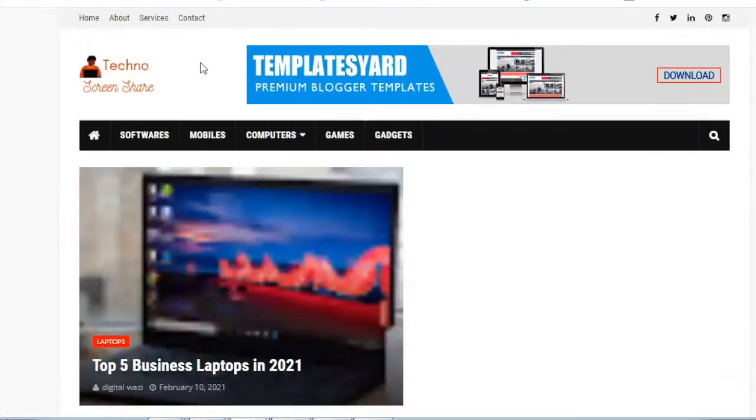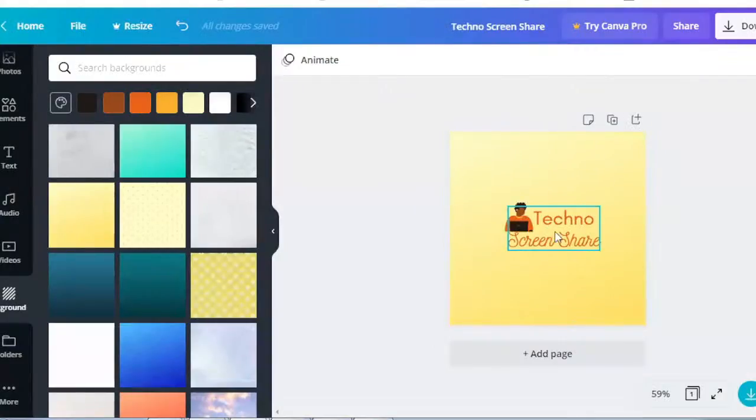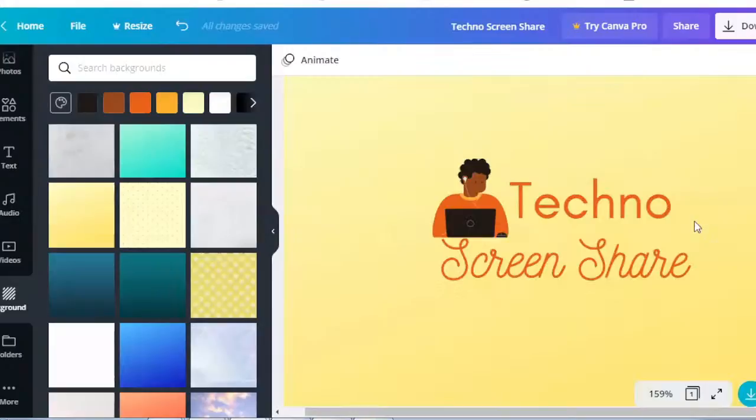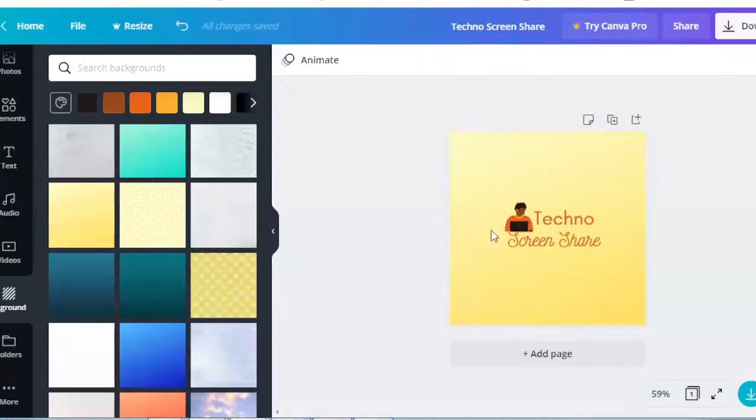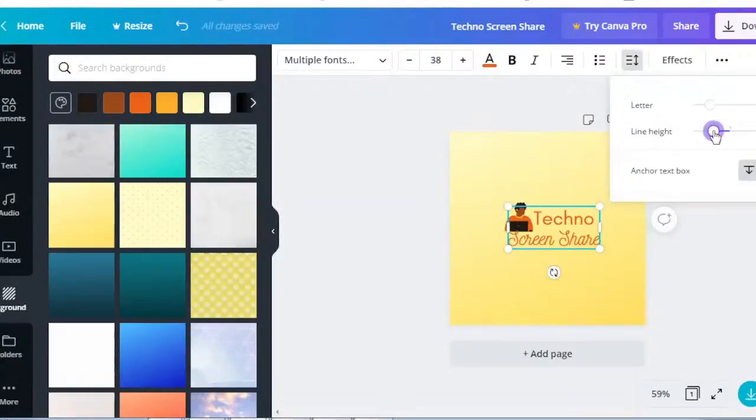If you want to design perfectly, use Photoshop or CorelDRAW. Or if you want to reduce the sizes, you have to reduce them and try again with these logos. Reduce the letter spaces and height, then try these things.